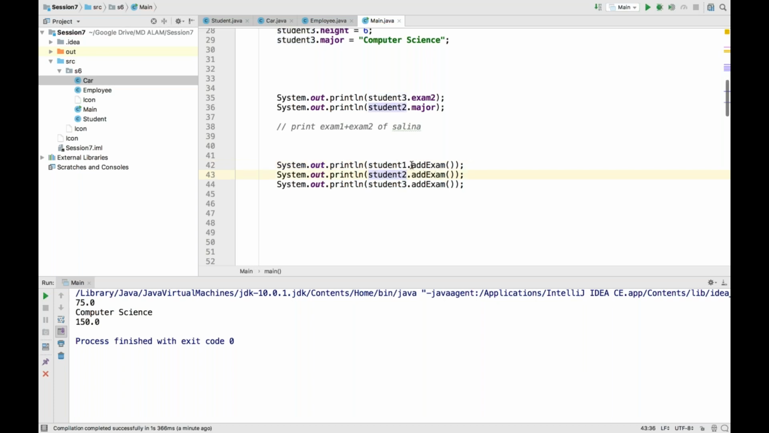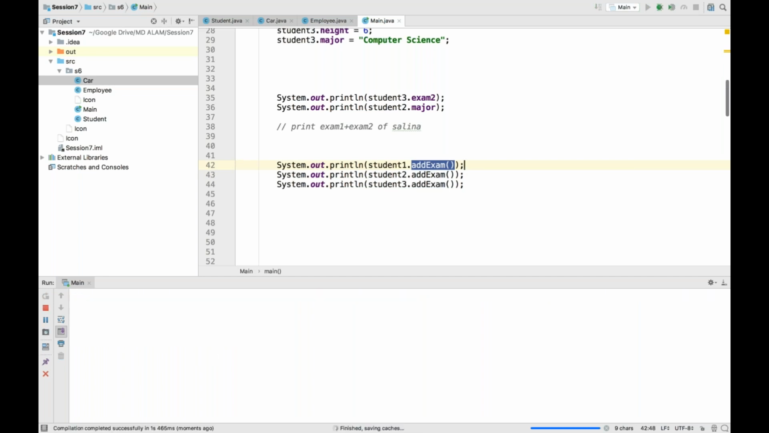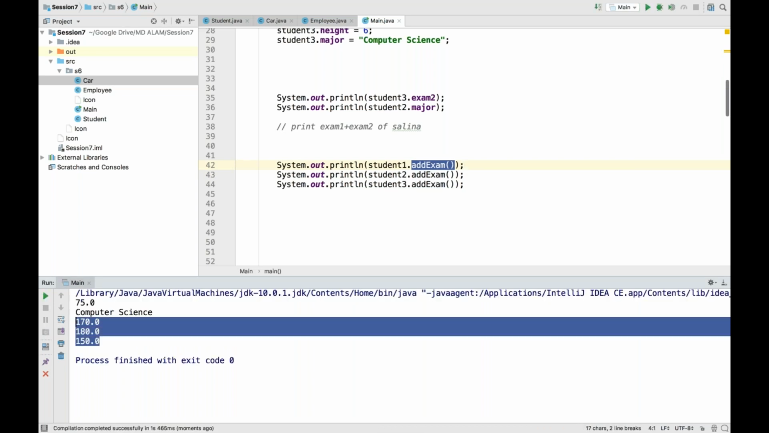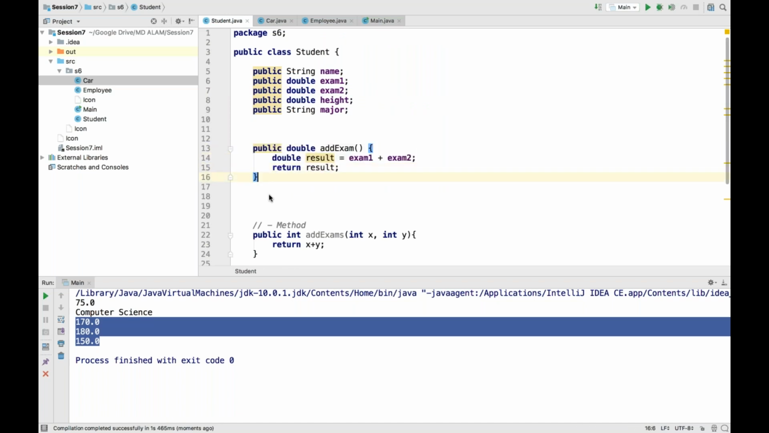So I'm using the same method, but I am getting different results. See, different results based on the object. Right? So that is the use of method. So based on that, you can add a method in the